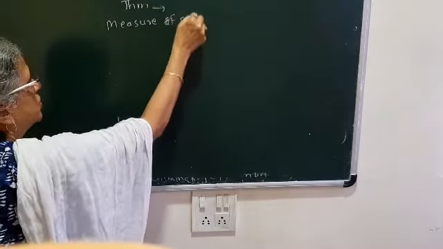Followed? So the measure of angle ACD will be how much? 110. In triangle PQR, angle P is 70, angle Q is 65, find the measure of angle R. So here we are going to use the property of the sum of the measures of angles of a triangle. So angle P plus angle Q plus angle R is equal to 180. Sum of the measures of angles of a triangle.